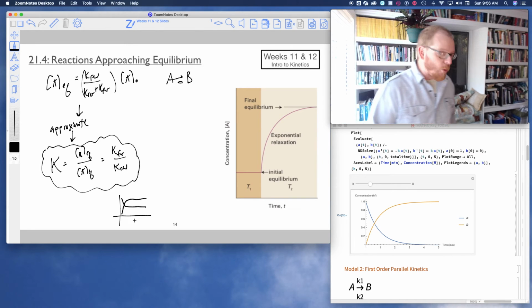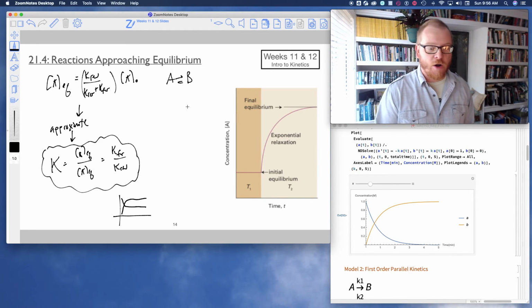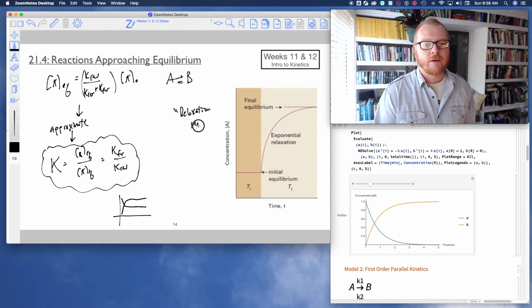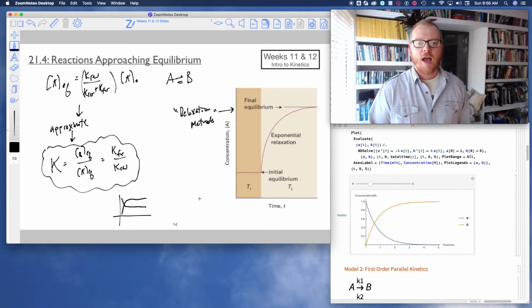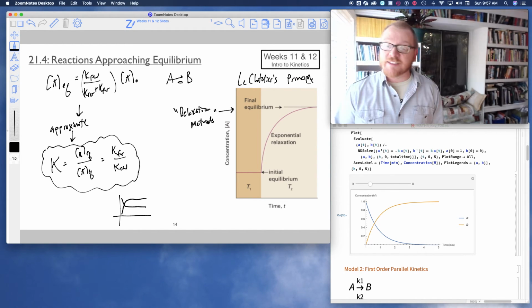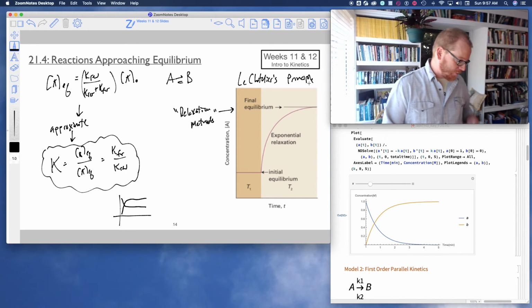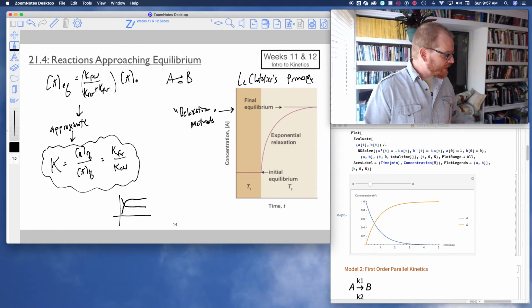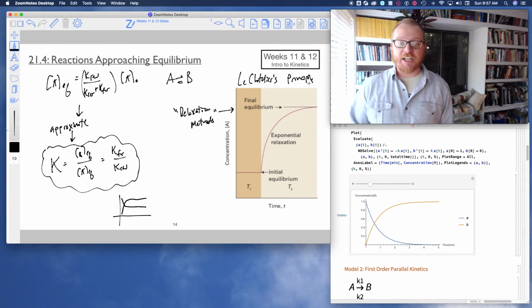Now there's a whole bunch more that I wanted to say on what's called relaxation methods, which is what this graph is all about. But I'm only going to talk about this very, very briefly. So this is an experimental way of looking at Le Chatelier's principle. Okay? So this is pretty cool, and this is actually stuff I do in my own research. But what we would see in these relaxation methods,